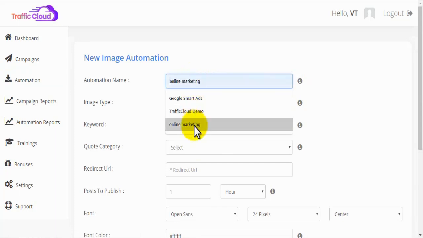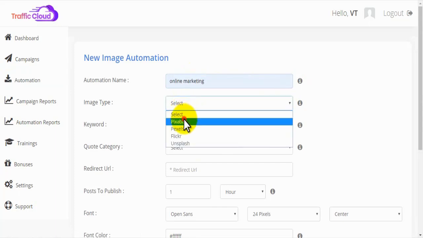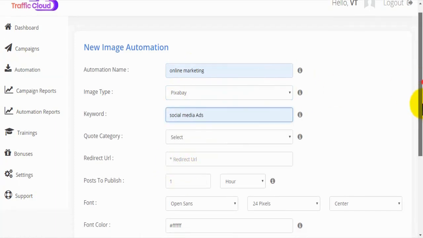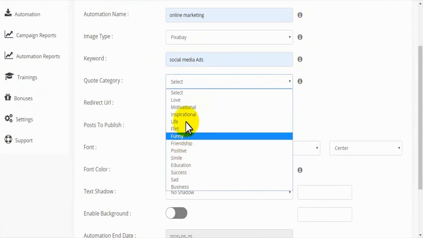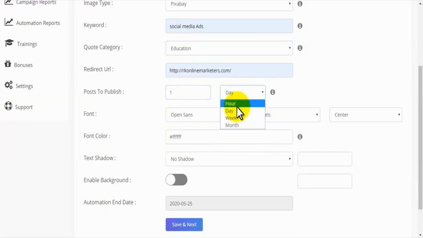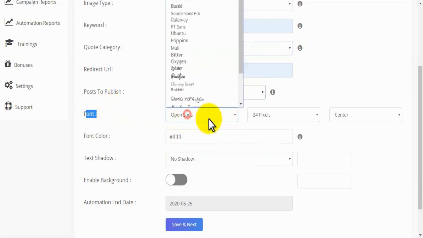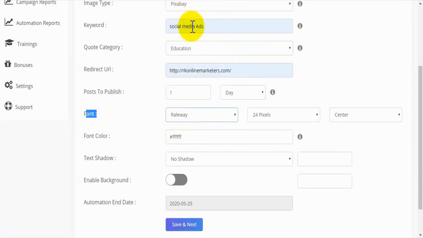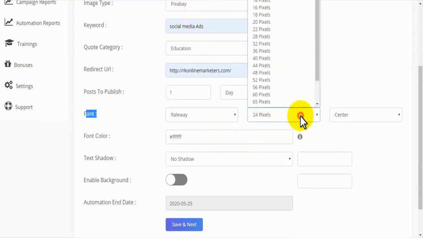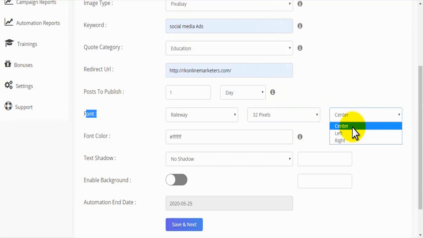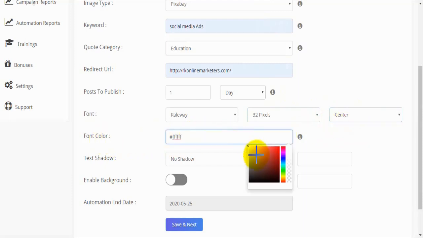And just like we did before, we give the automation a name. We're going to choose a source where we're going to pull those images from. We can give it any keyword we want. And then we can choose a quote category. So it's going to kind of randomize quotes based on that category. The redirect URL, you can send that traffic anywhere you want. Choose how often you want TrafficCloud to publish it for you. So we'll just say one per week right now, or 1 per day, sorry. We'll choose the font, choose the size, choose where you want it, pick the font color,